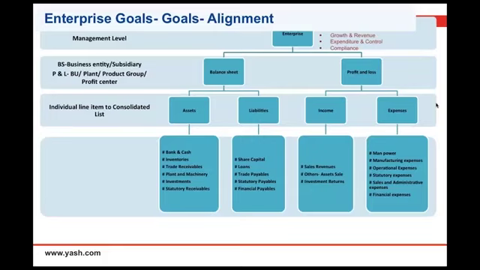If you look at this particular slide, when we engage with companies going for a net new implementation, we look at what they want to achieve in their organization, in terms of growth, revenues, expenditure control, and compliance. From there, we bring it as KPIs into a balance sheet and a profit and loss. If you break that balance sheet, assets and liabilities, and income and profit into income and expenses, a lot of things go into that.